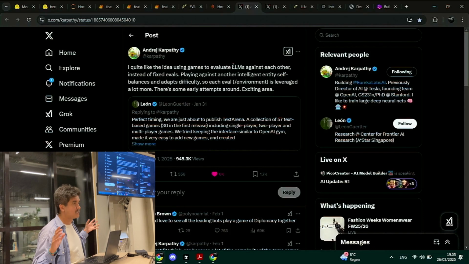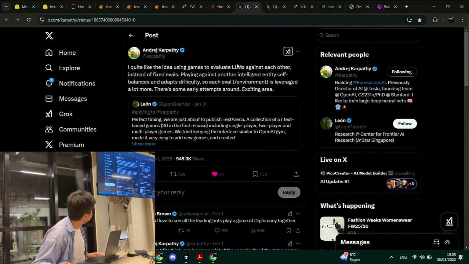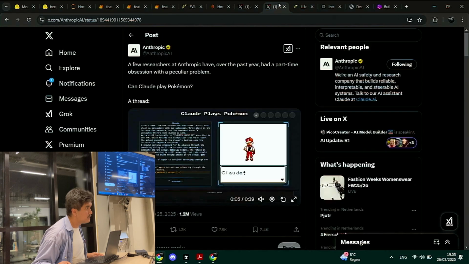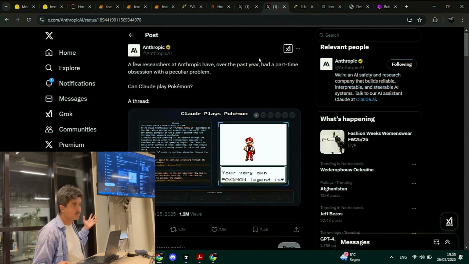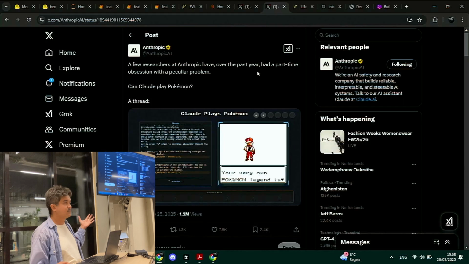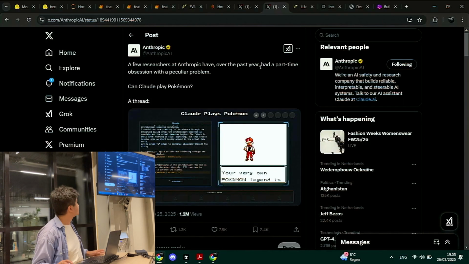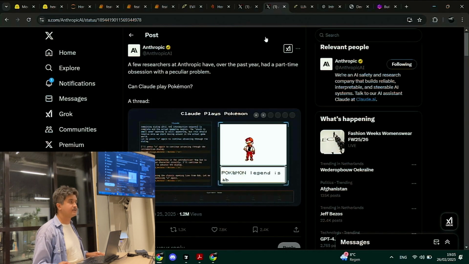But what if you tested these against actual things that people use? As you see with the latest Claude model, they've also tested it on Pokemon, which is not a basic research question or something like that. It's more of an agentic workflow.